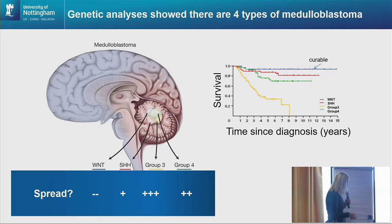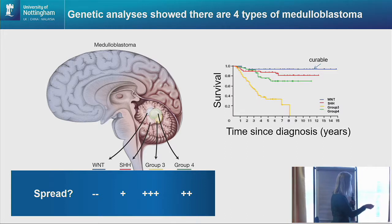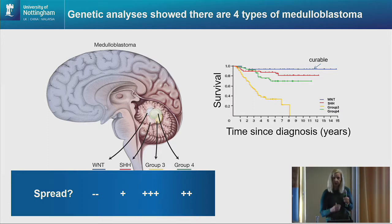So what we see is in the Wnt subgroup, you don't tend to see metastasis. You will see it occasionally, but not very often. Sonic hedgehog, one of your intermediates, you see a low level of metastasis. The highest level is in this group 3, with the group 4 coming close behind it. So we know there are clear molecular differences indicating that the drivers of the tumour are different for each of